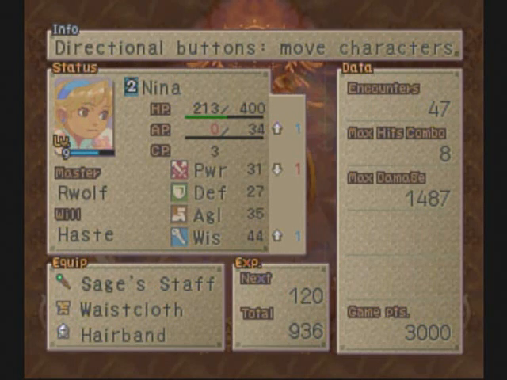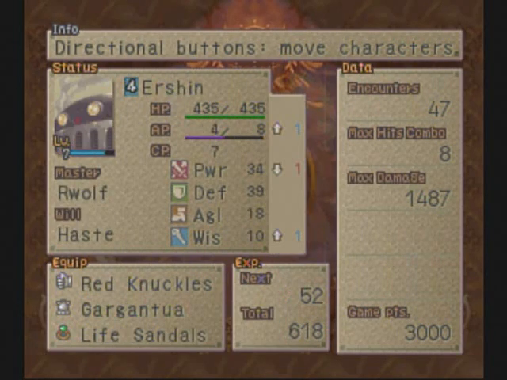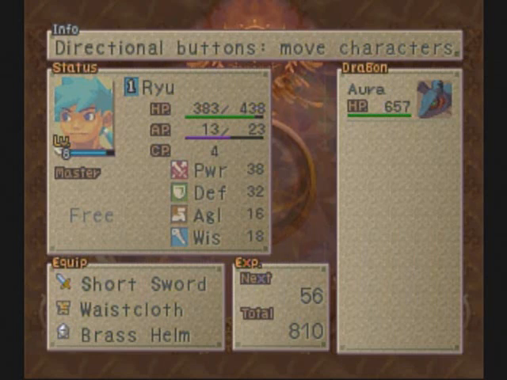You get them from doing mini games and things like that. And I think you also get them based on the number of your combos. I think those give you points as well. They do serve a purpose other than bragging rights. Your dragons, not Aura,